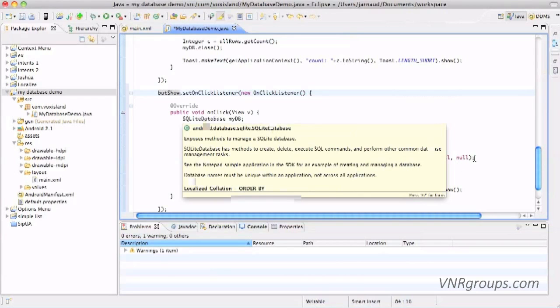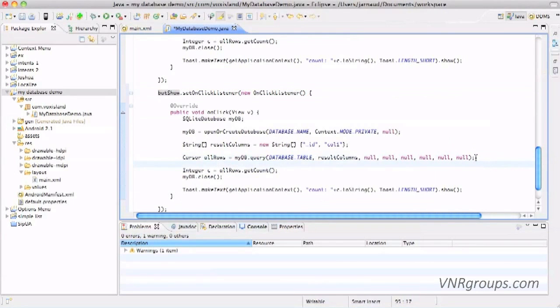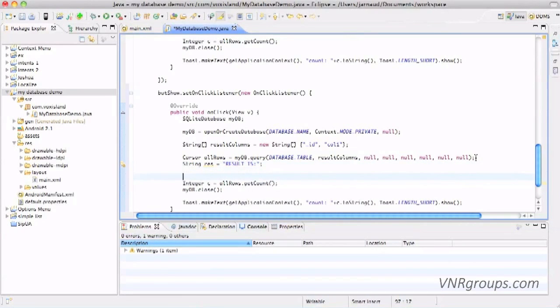And here I will create a result string, and I will have this header. Result is,